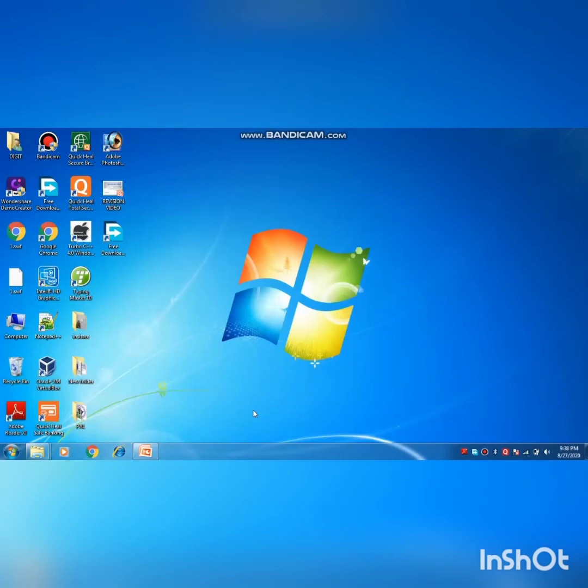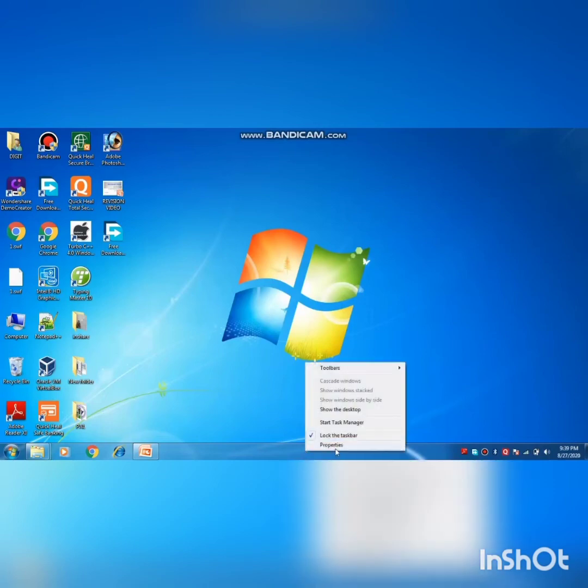Firstly you have to click on the title bar. Then you go through the following steps. Right click on the title bar, and here a new option appears, that is properties.